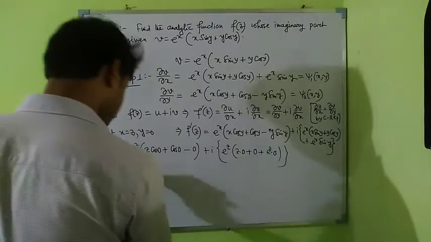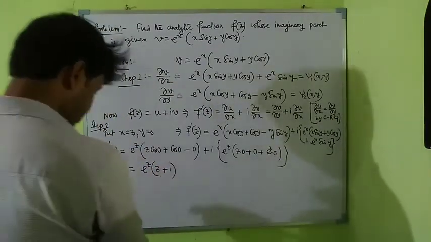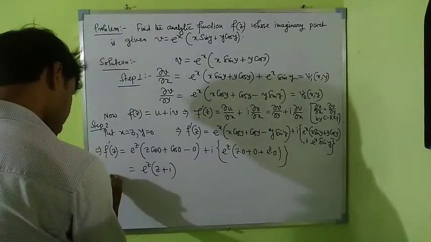So this part is 0, and this is e to the power z, cos 0 means 1, so z plus 1. Integrating,